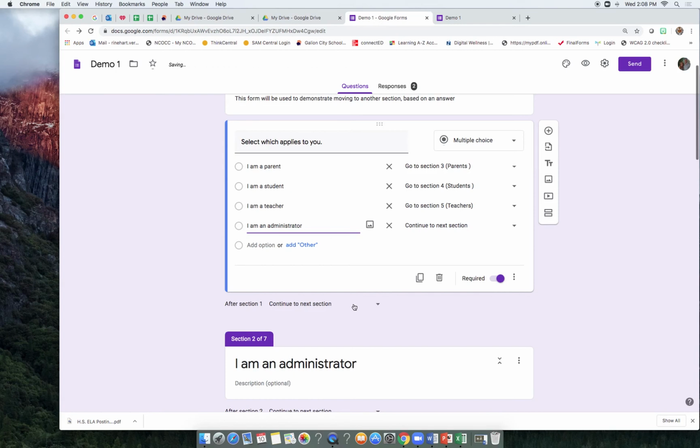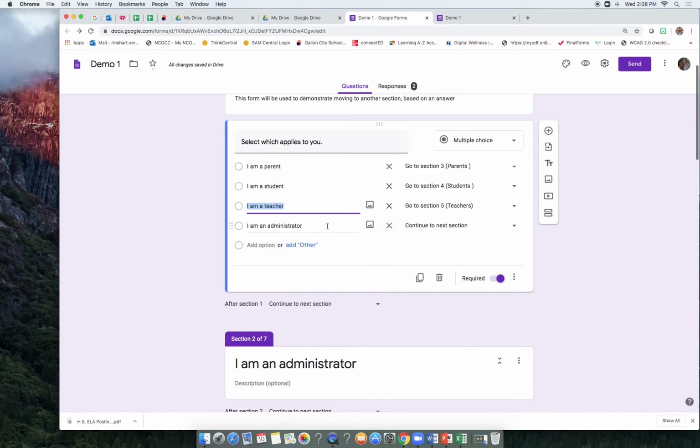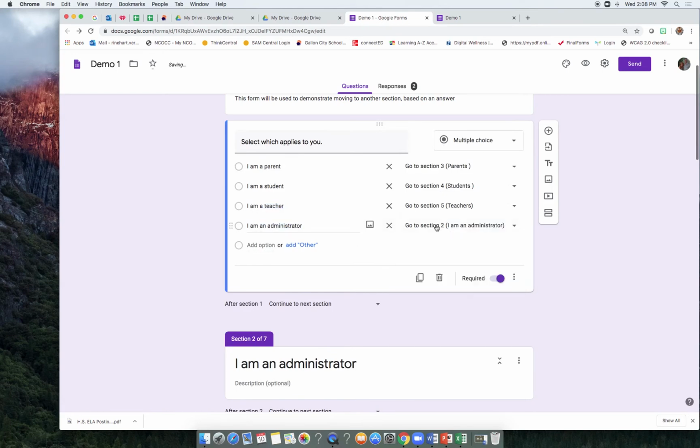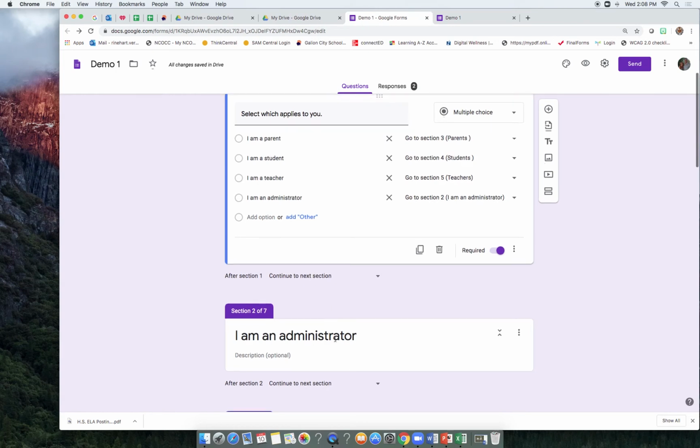All right, so a couple things I want to point out. I think I better put this one, I am an administrator. That is section 2 now, because that's where I entered my question. I could have gone to the end of my form and added it there, and it doesn't matter that they are out of order. It's not going to affect what the user sees,